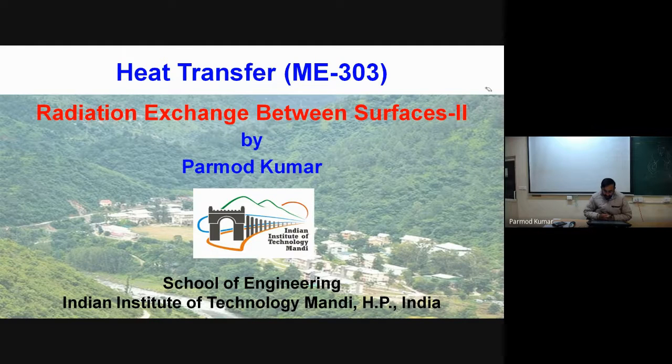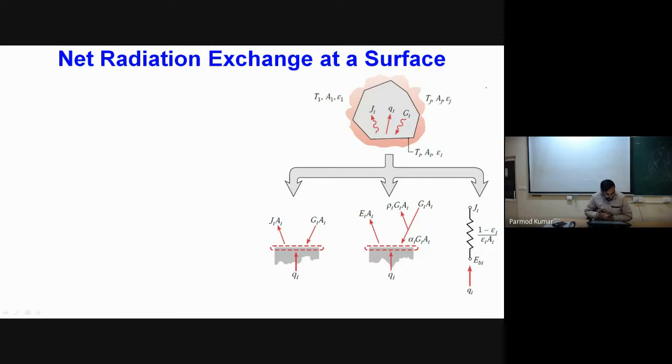So already I have given you some introduction about the radiation heat exchange of a surface. So now we will see how different surfaces actually interact via the mode of radiative heat transfer. Okay. So just one correction I also want to make while I discussed the net radiation exchange at a surface. In one of the starting equations, there was one small mistake. So let me correct it at this moment. Once again, I'll discuss this particular surface.